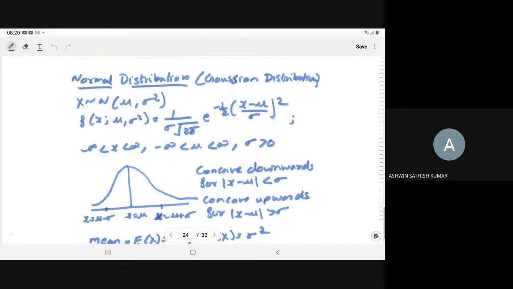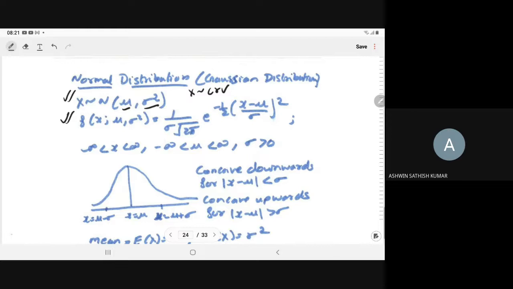First of all, we should know whether a random variable x is continuous or discrete. The normal variate is a continuous random variable with parameters mu and sigma square, and its PDF is given by